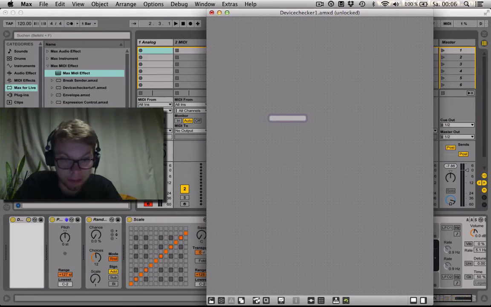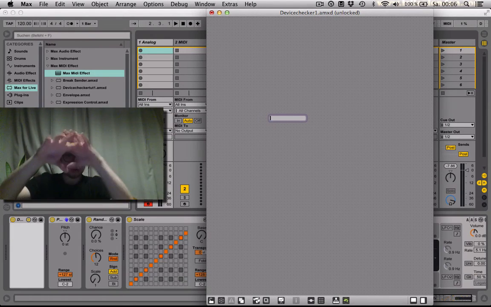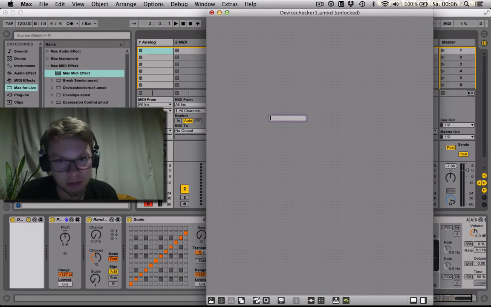And what is an abstraction? An abstraction is something that somebody has programmed in Max, and then he has saved it in a way that allows you to use his whole conglomerate of objects and their wirings to each other as if it was one single object. So what you do is you hit